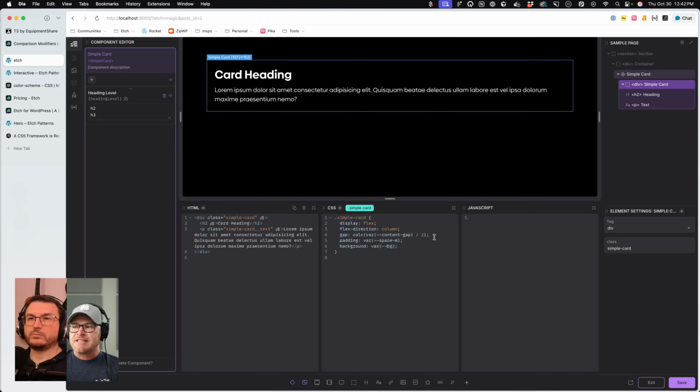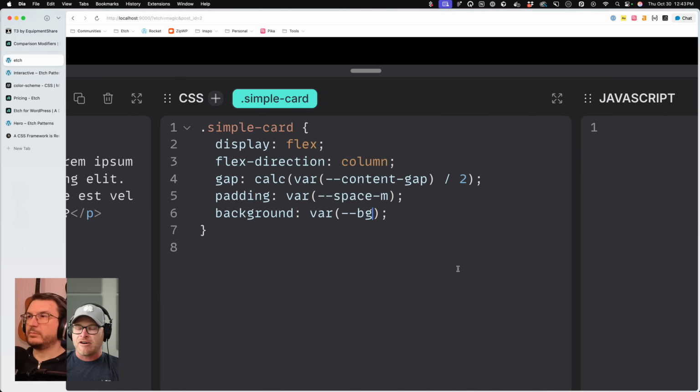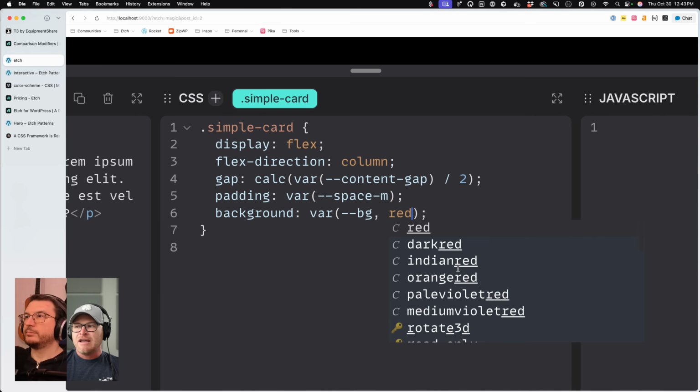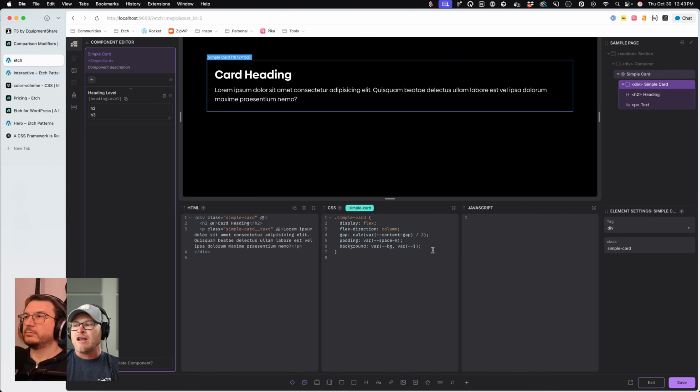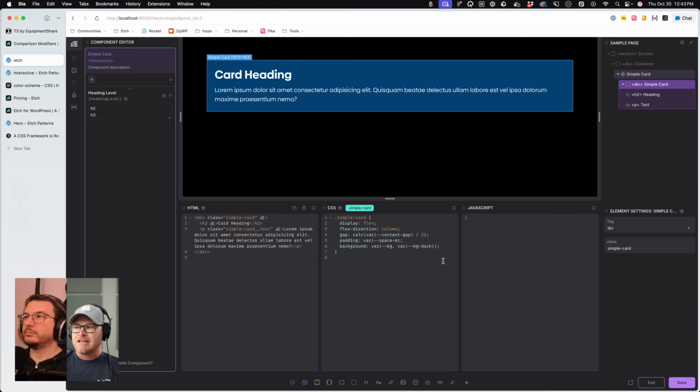So anytime you're going to set up color manipulation from outside the thing, you're probably going to want to use what we call a locally scoped variable. This is a variable that has no current value. Now you can set a fallback for this variable by putting a comma and then whatever you want. See, it's going to be red now. You can even fall back to another variable like this. So this would be like a default out of the box.